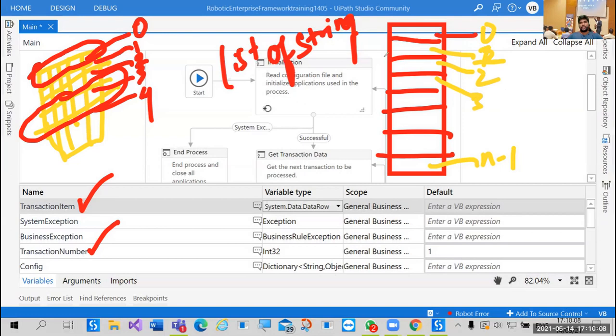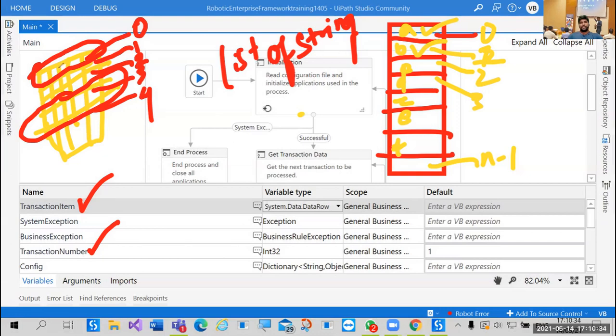Here there can be any type of strings. There can be A, B, C, D, Z, E, F, anything. At 0 index, we have A. At first index, we have B. Now, here is what I need to show you.